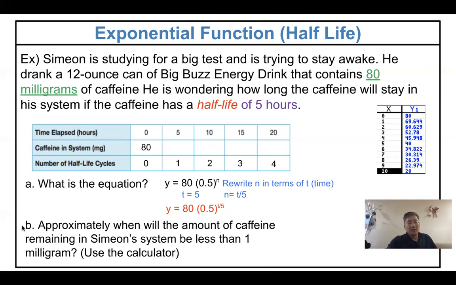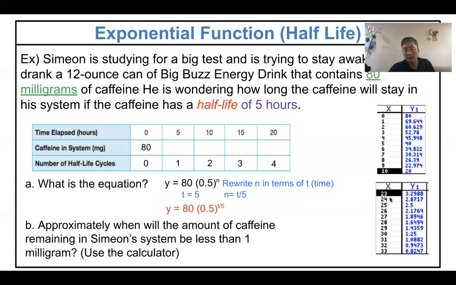So you should look at the next question. Approximately when will the amount of caffeine remaining in Simeon's system be less than 1 milligram? So around when does the amount of caffeine become less than 1 milligram? This is 20, right? Then you need to go down more and more. So keep going. If you keep scrolling down in the calculator, then what happened? The next table, if you keep looking down the table,